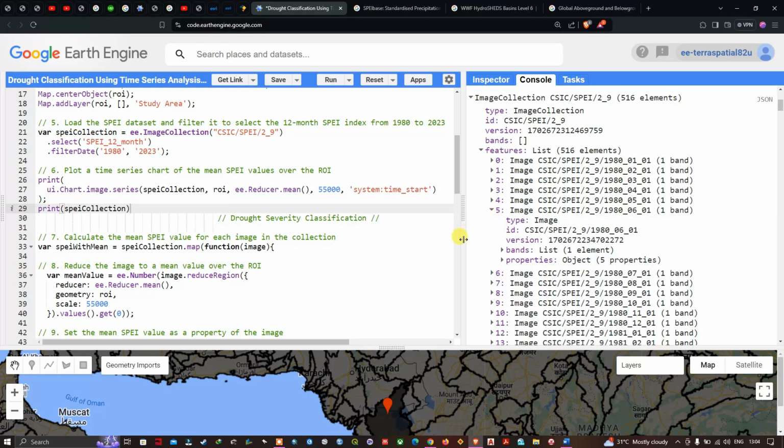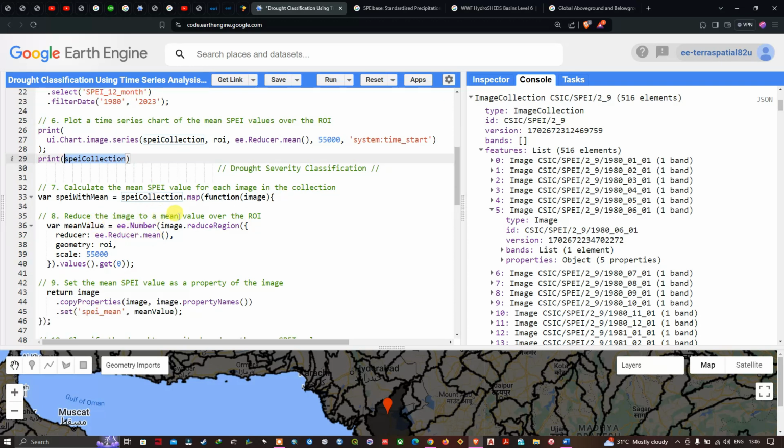In order to obtain the mean SPEI value for each image in the collection, we define a variable called SPEIWithMean equals SPEI collection.map(function(image)). This refers to the variable we have mentioned here. In the next step, we're going to reduce an image to a mean value over the specified ROI. To reduce the image to the mean value over the specific study region, we define a variable called meanValue equals ee.Number(image, referring to our SPEI image collection, .reduceRegion